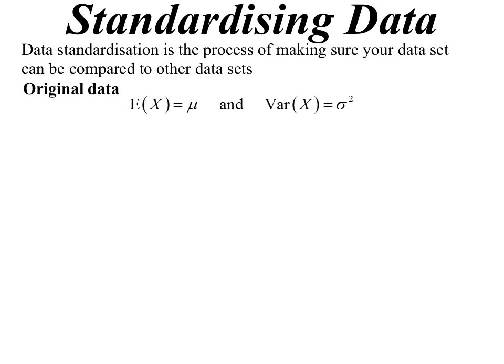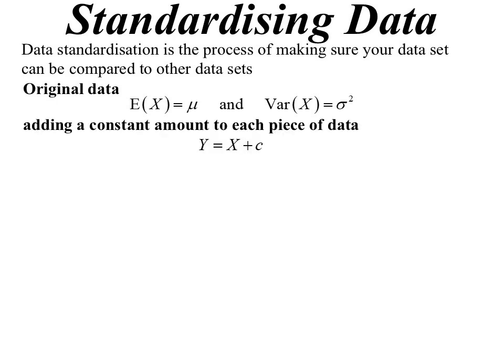So let's say our original data has an expected value, an average, mu, and the variance will be sigma squared. What a lot of non-mathematicians do is, has this ever happened? You get results back and the teacher goes, oh, well, look, I thought the marks were a bit low, so I'm just going to add 5 marks onto everyone to boost the marks up. Right? Not a great way of standardising data, because